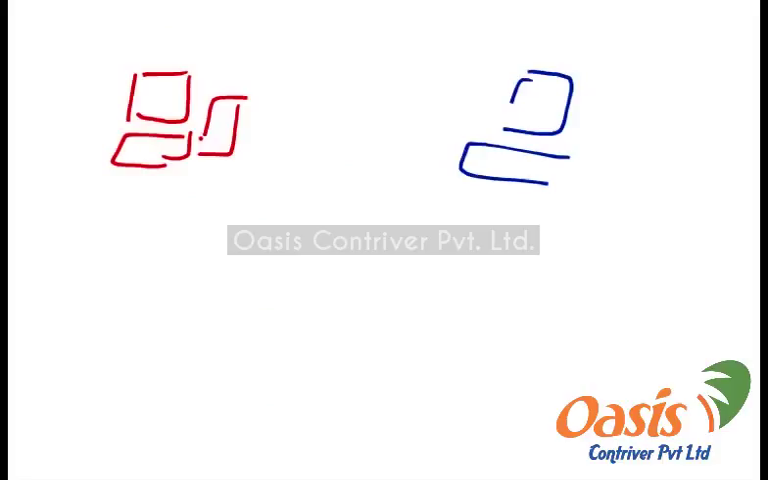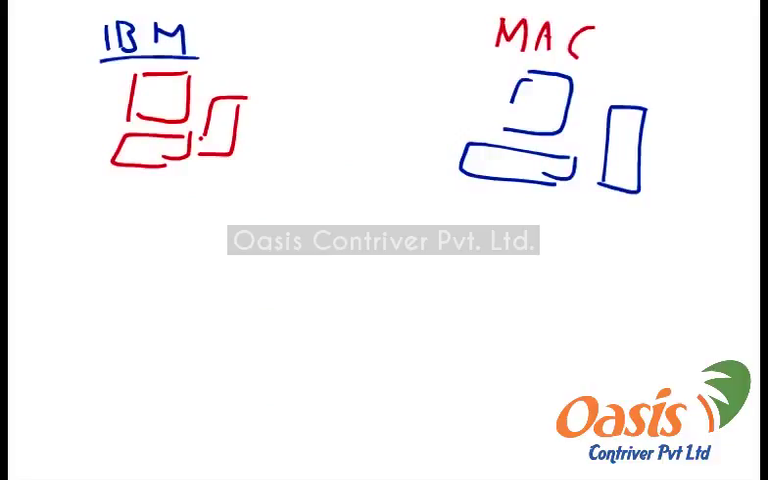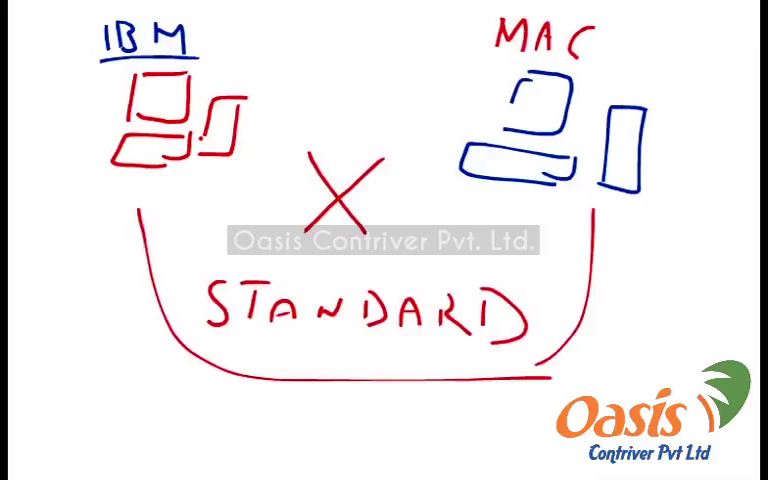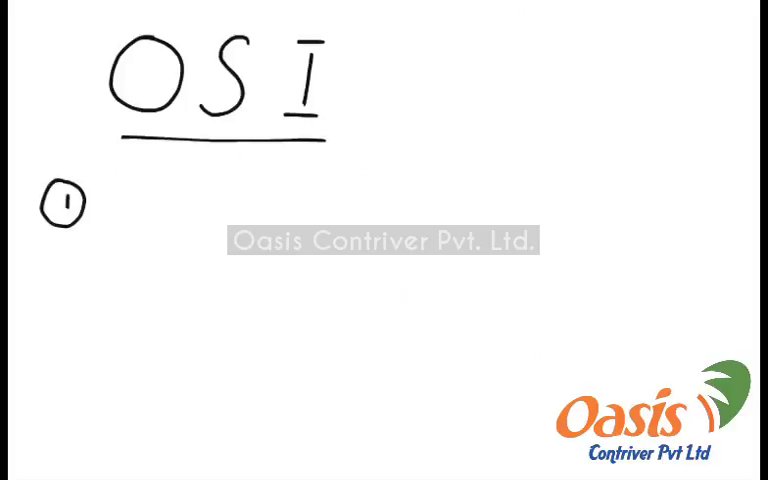But the problem was that a system developed by IBM could not communicate with a system developed by Macintosh, because there were no standard protocols available to communicate between different computers by different manufacturers. So all the manufacturers decided to develop a common set of standards for communication. They came up with the idea of OSI, or Open System Interconnection, and